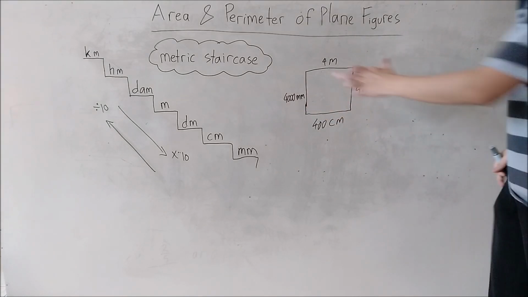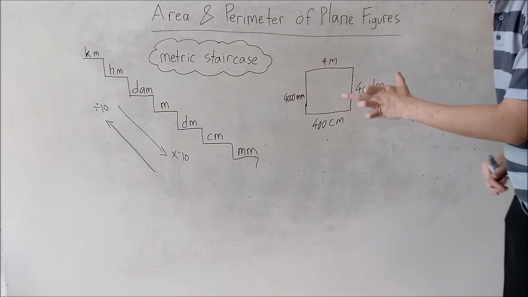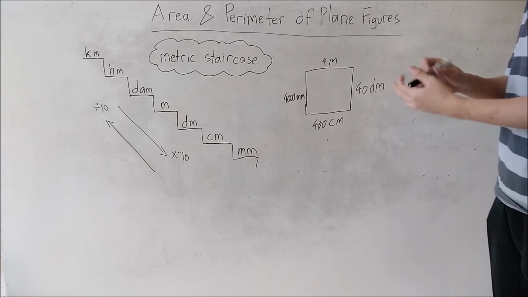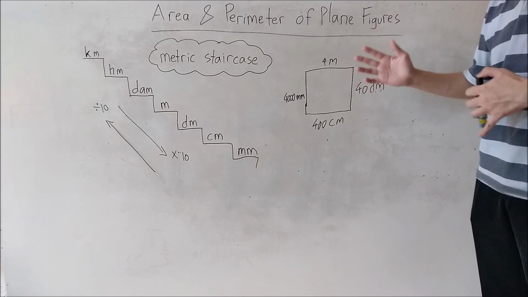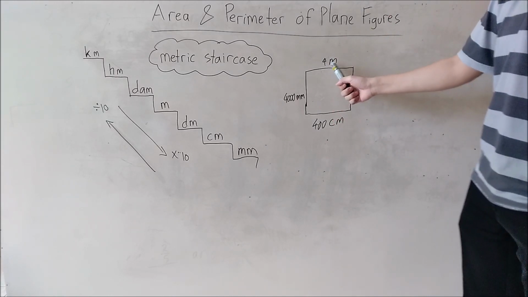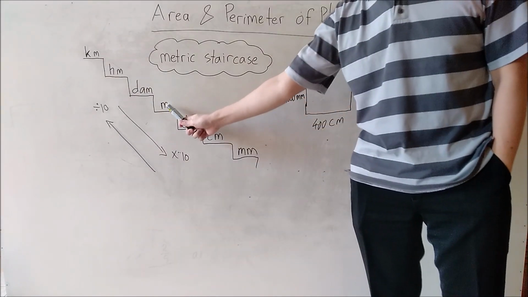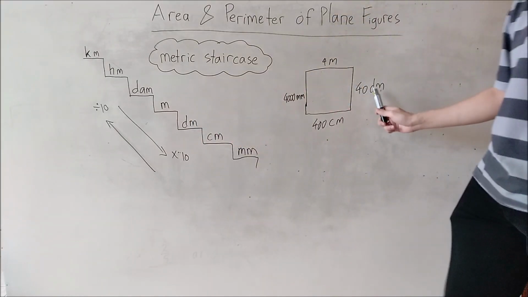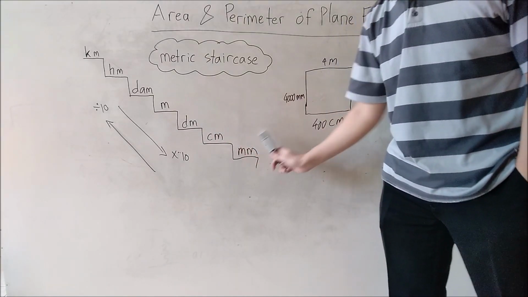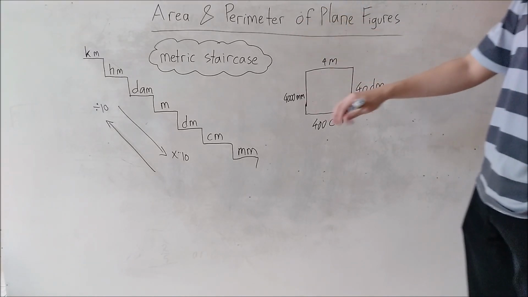Let's say that this is a real 4 meter, it is this big. When I say I want to create something 400 centimeter, it will be this big as well. It won't change since it is just a different unit. However, the length itself is the same. Okay, and how can 4 meter go to 40 decimeter, 400 centimeter, and 4,000 millimeter? Because from meter, when you go down once, it is times 10. You go down twice, it will be times 100. And then you go down 3 times, it will be 4,000.